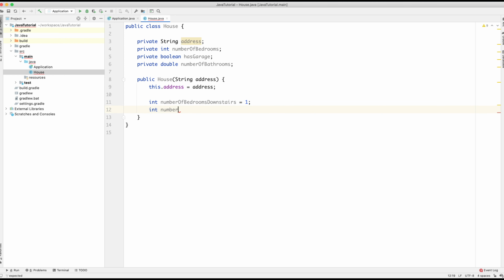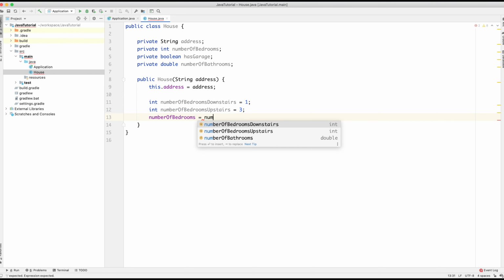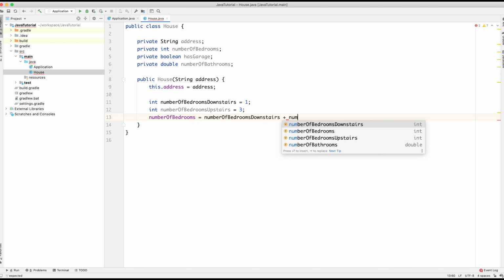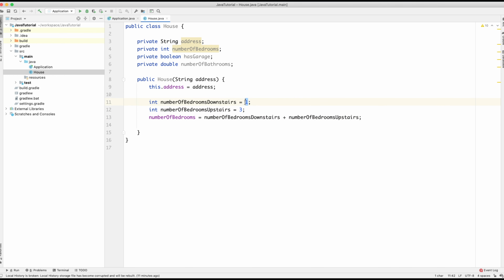Int number of bedrooms upstairs equals 3. So we've declared two variables and we've initialized them with a value within the constructor. We'll now do number of bedrooms equals the number of bedrooms downstairs plus the number of bedrooms upstairs. That will assign 1 to the number of bedrooms downstairs, 3 to the number of bedrooms upstairs, and it will add them together. And because this is an assignment operator, it will assign it to the number of bedrooms here,